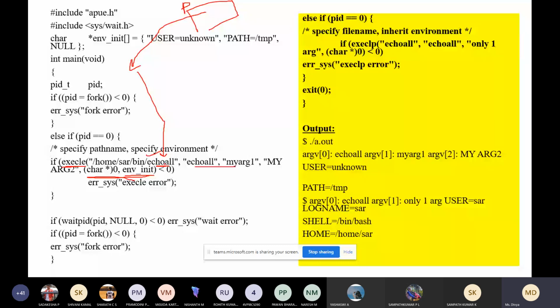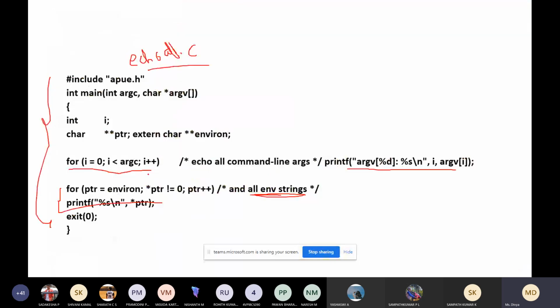Now what is there in echo all? You are passing this as our argument 0, this is argument 1, this is argument 2, and this will give you the environmental variables. Now go to the program. Here we are printing the arguments.